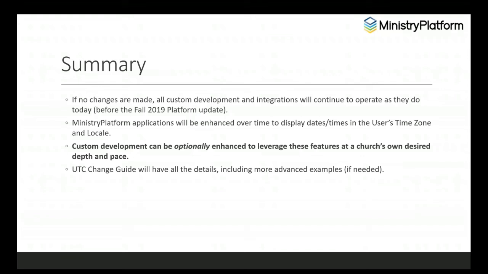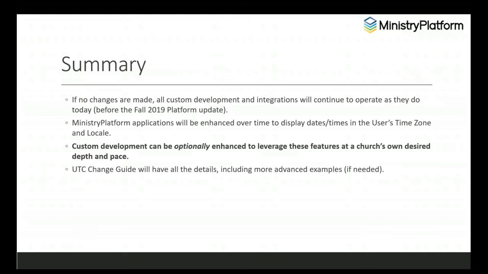I think the one thing that you didn't mention that I did just want to make sure everyone was aware of, as far as the users being able to set their own time zone and locale. Like Chris said, they can obviously do that on the actual user record, or through the edit user record dialog from the masthead of the platform. But also we are adding a little prompt that will pop up. So if a user logs in and they don't have a time zone and locale set, they will be prompted and just say, hey, would you like to set one?